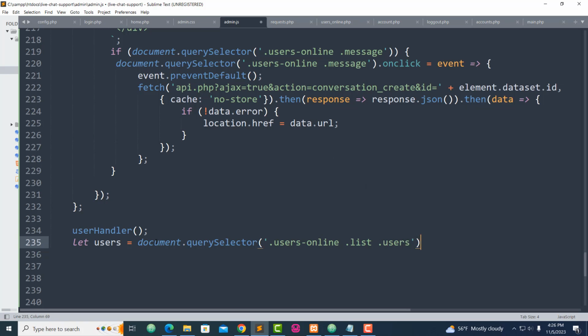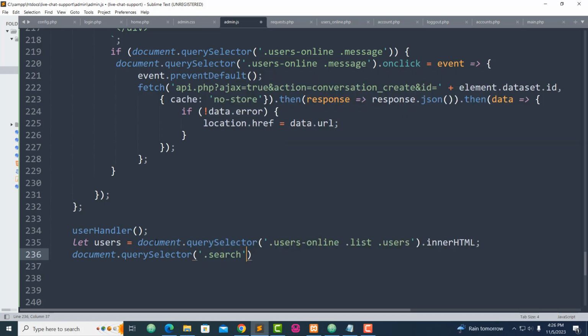Okay, that's in HTML. Let's document.query and